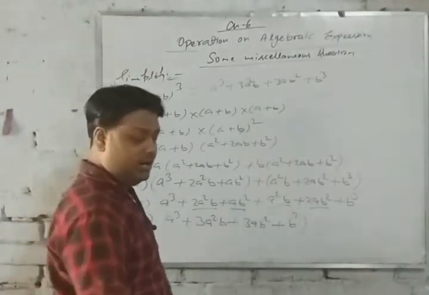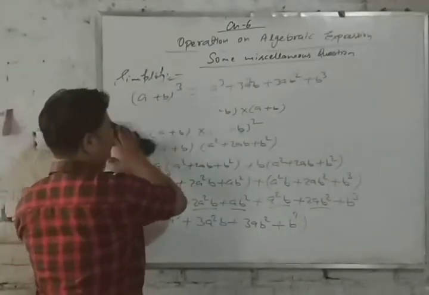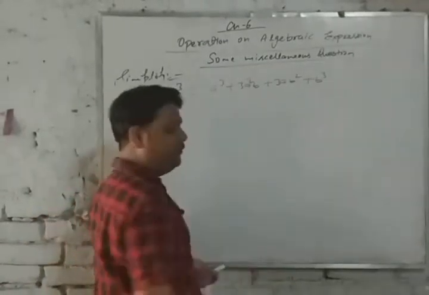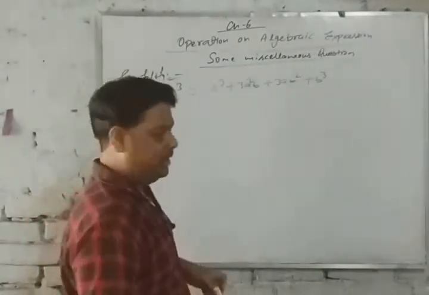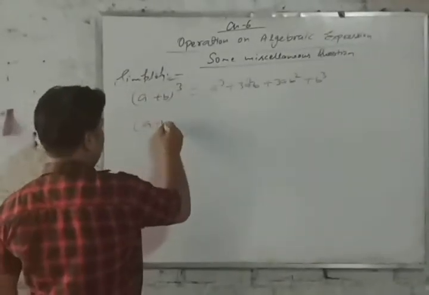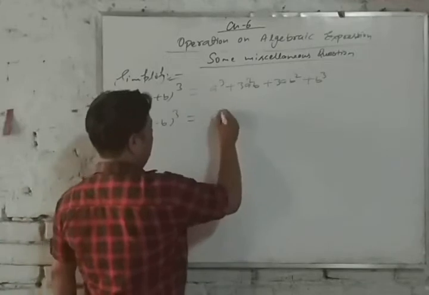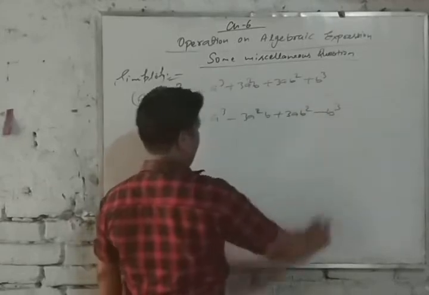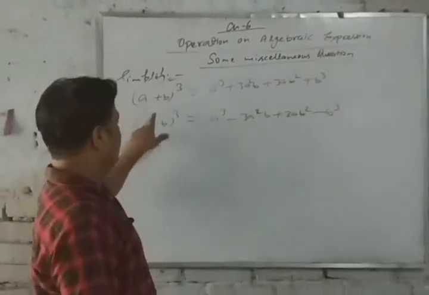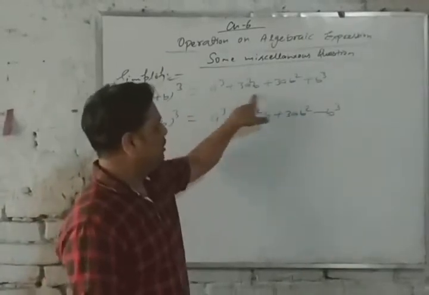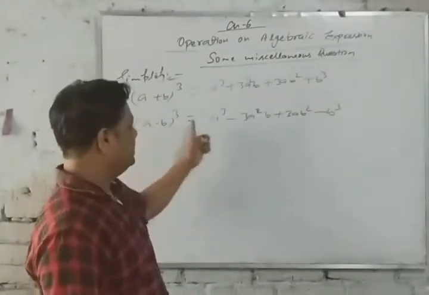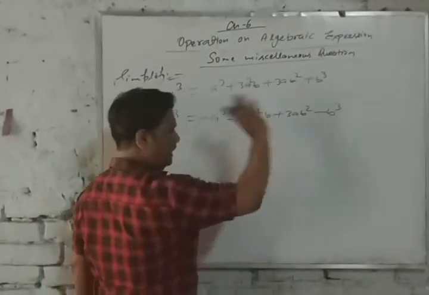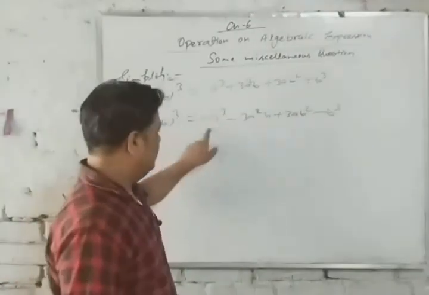Now how can we learn it? So every identity has a trick to learn. Now everyone will see. In the previous question I said (a minus b) cube is equal to a cube minus 3a square b plus 3ab square minus b cube. What is the difference? Same, here plus then minus. But here all plus. If here plus then all plus. But here minus then alternate. The first one has a plus sign, then minus, then plus, then minus. That is alternate. Now we have learned how to put the sign.